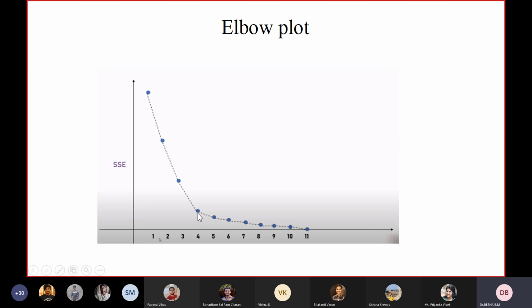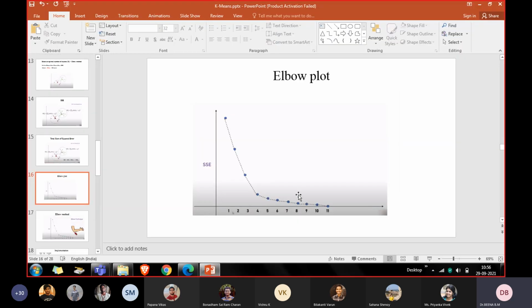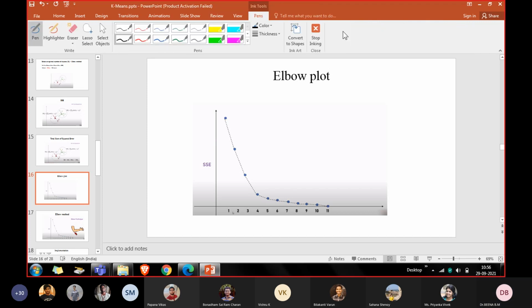Now the curve is coming like this, and here it is shifting. So this is the best value for K for this particular data.